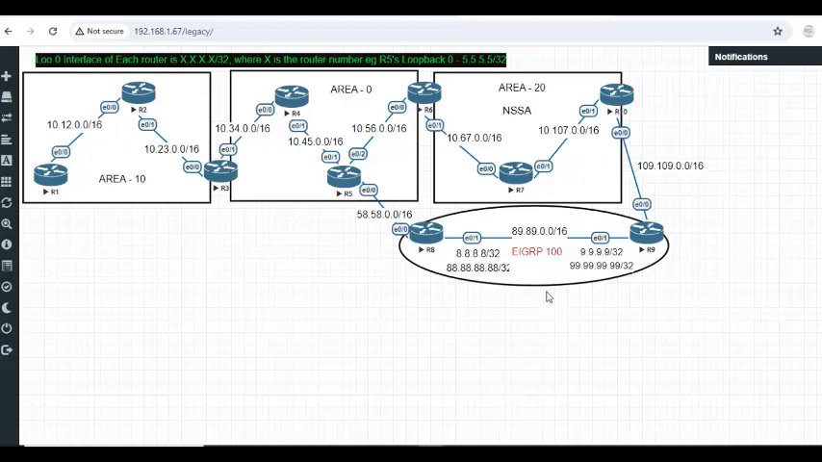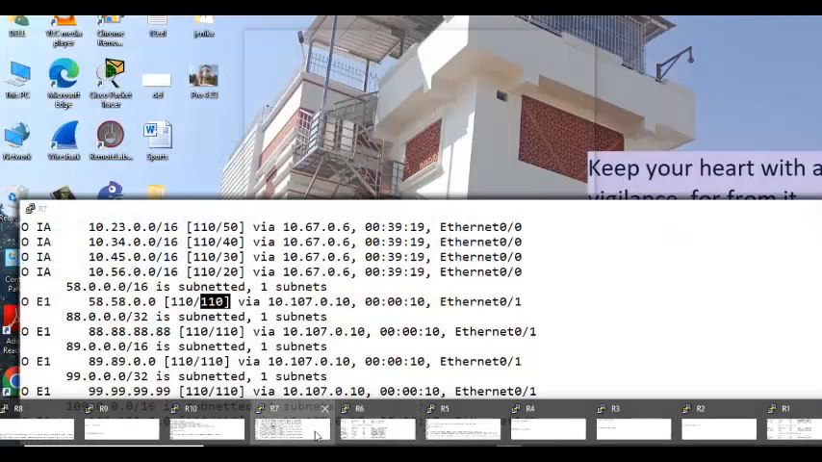But when I configure not so stubby area, type 5 and type 4 will be denied on router 6. They won't come inside in any case. The only hope is